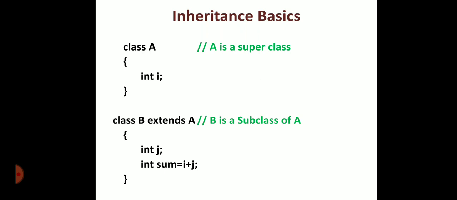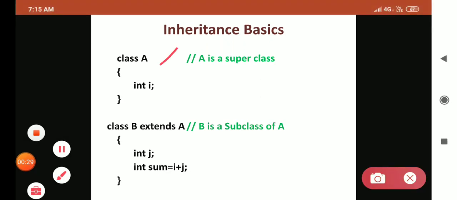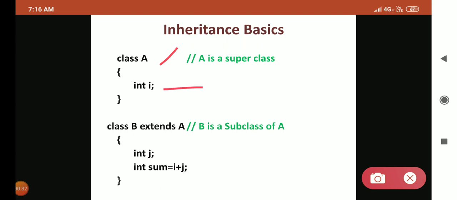Here, if you observe, we have class A defined, and one instance variable is declared, that is int I. Now there is one more class called B, but there is a slight change in definition. Class B extends A, meaning that class B is inheriting class A. So here class A is called the superclass and B is called the subclass, because B is inheriting or